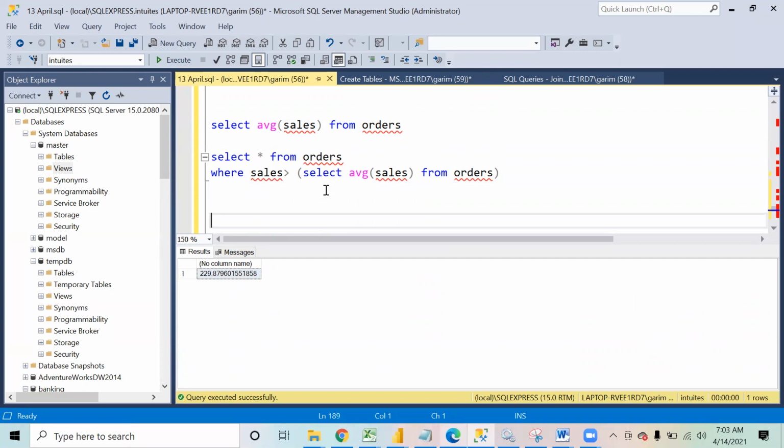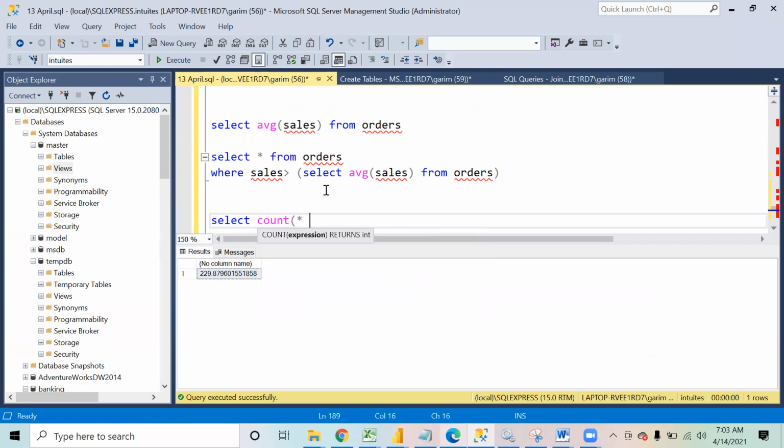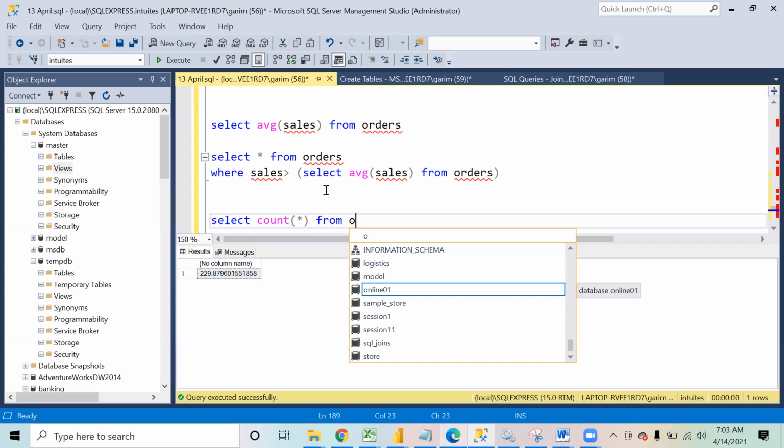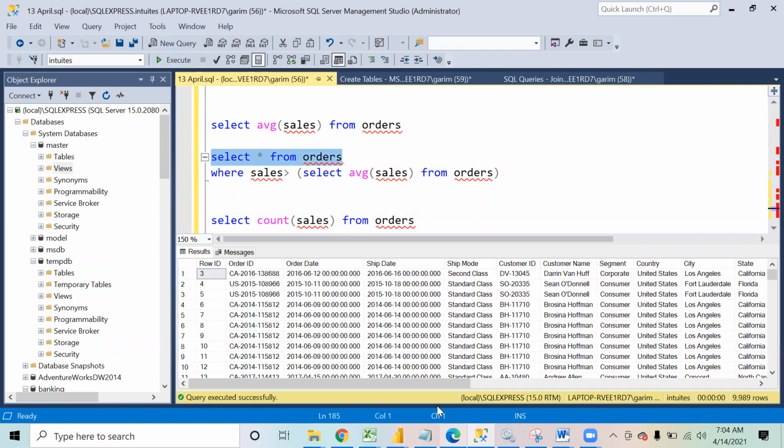Same for count. So if you say select count of stars from orders, or maybe let's write sales, it gives you 9988 rows.